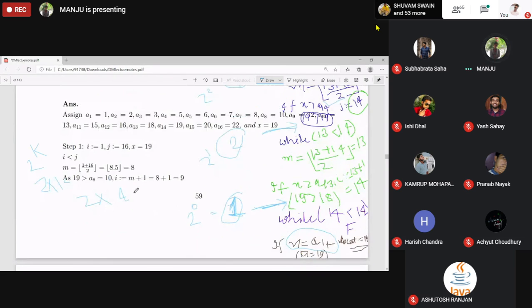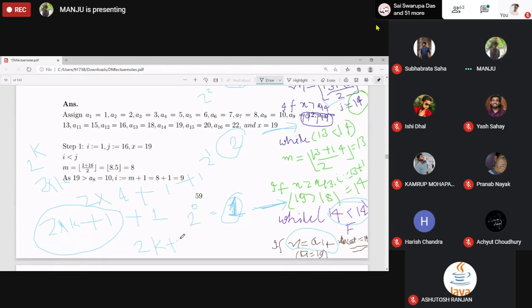And one more to exit the while loop to get the false, and one outside. So how many? 2 into 4 plus 2, that is 10. In general, you have 2 into k. Whenever there are 2 raised to power k elements, 2 into k, plus 1 for exiting the while loop, and 1 made outside the while loop. That is 2k plus 2.